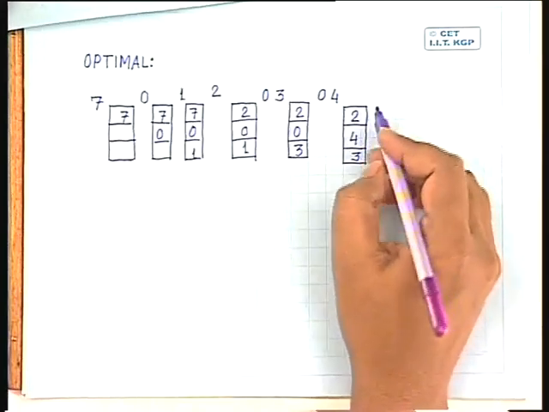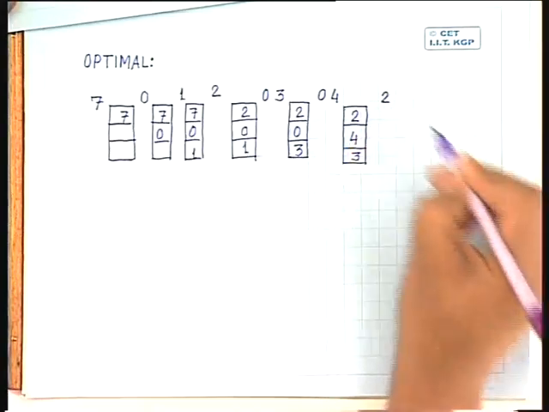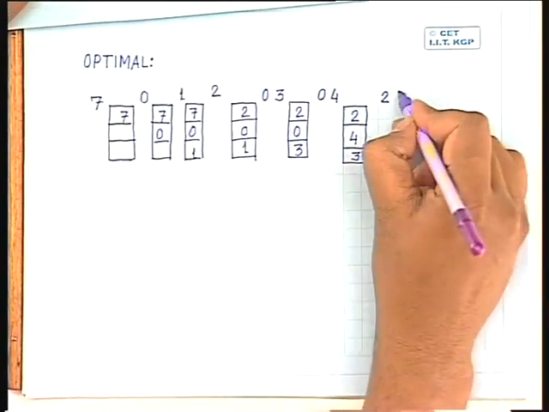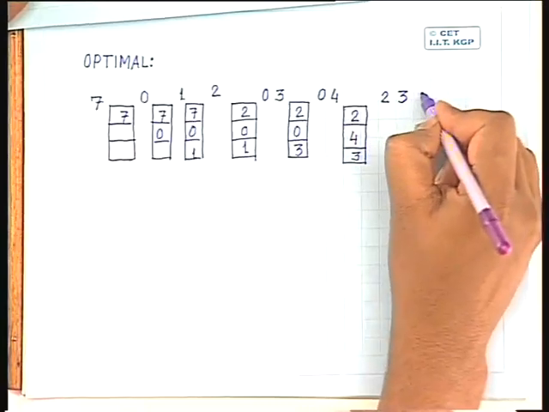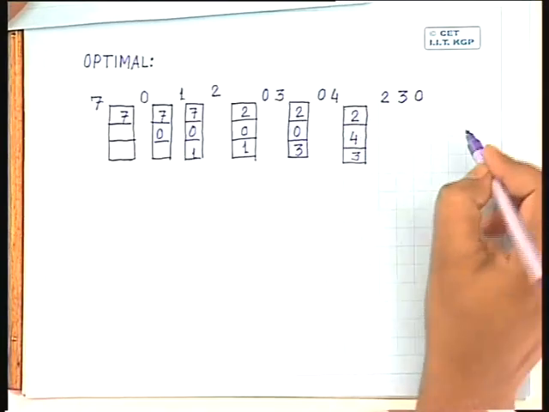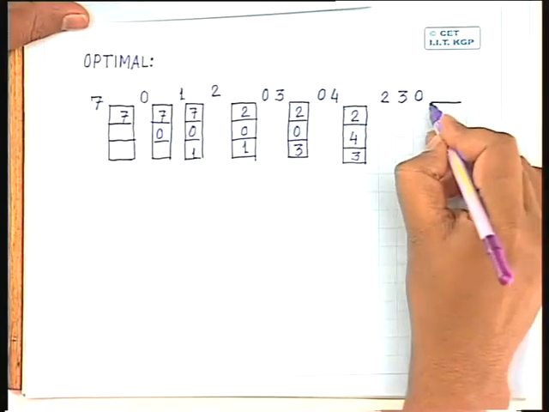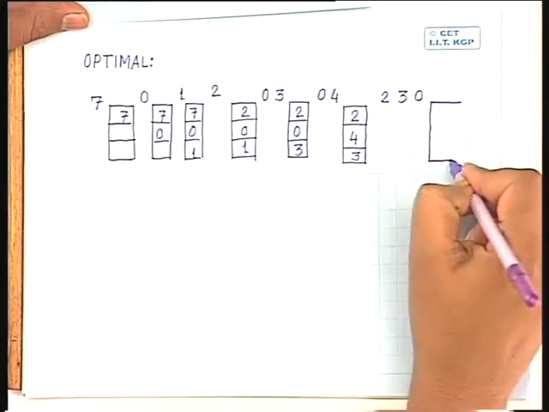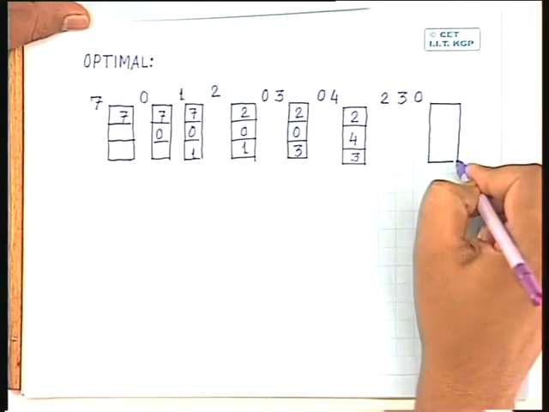Okay. Next time page number 2 is referred, there is no page fault. Page number 3, no page fault. Then page number 0, again there is a page fault. And at this point, out of these 3 pages, 2, 4 and 3,